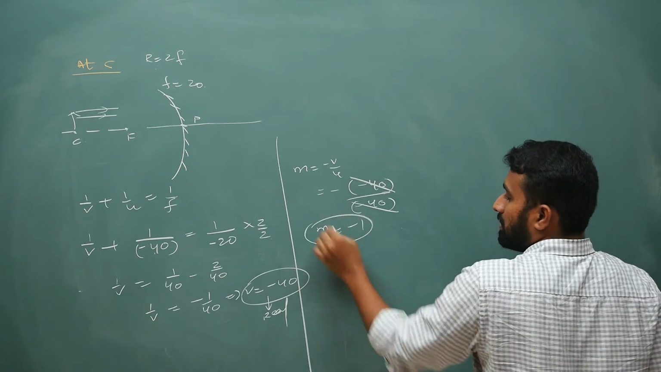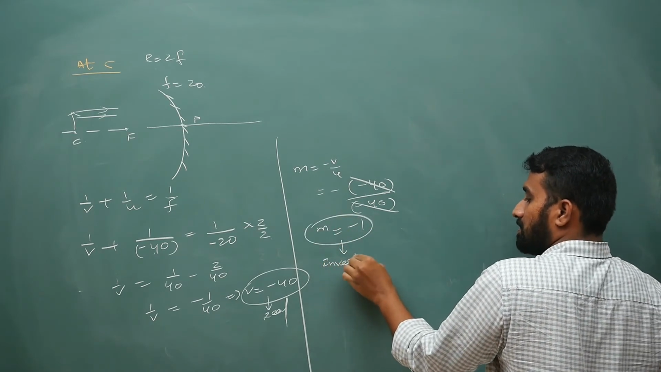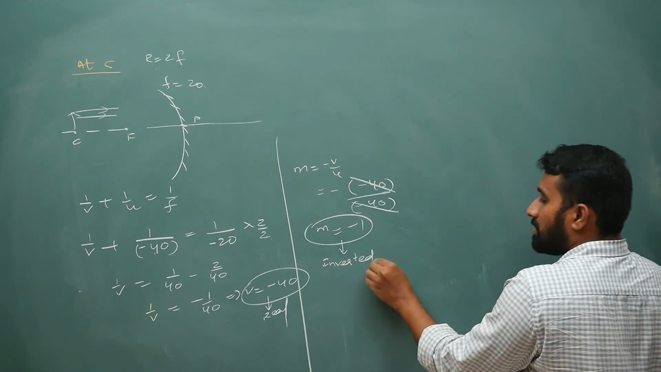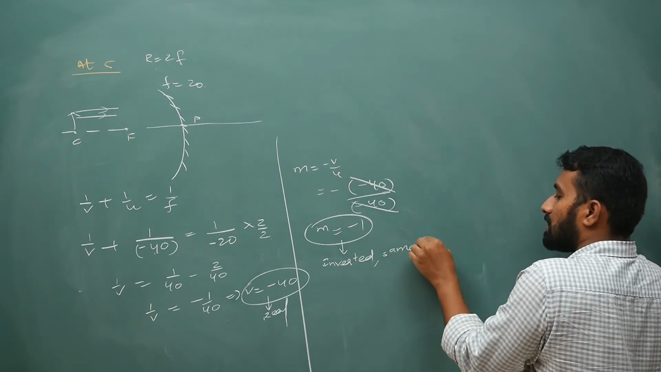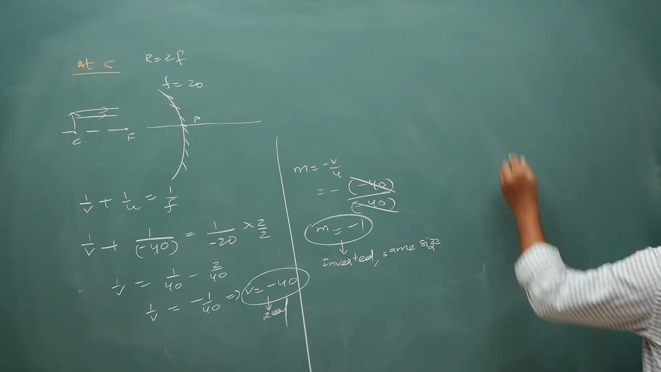Magnification M is minus 1. So that means, what is it? Negative indicates that it is inverted. 1 indicates that it is of same size. Okay, so if I draw the ray diagram,